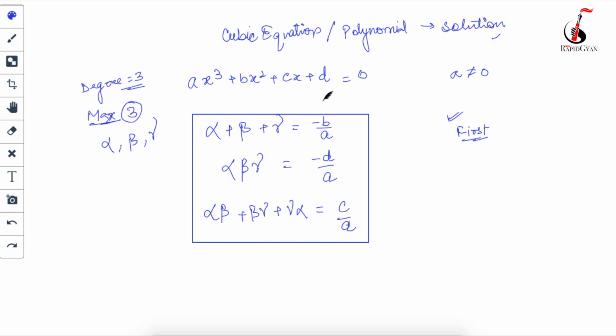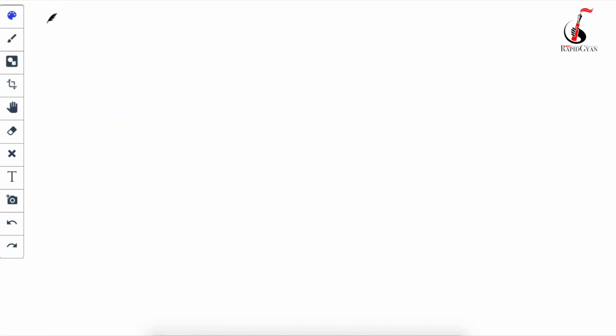But first we are going to solve this, because that solution is lengthy, and I am going to tell you this because sometimes competitive exams ask you to find the roots, the solution of a cubic equation. At that time you don't have that much time to go for the hit and trial method. So I'm going to tell you another method which is comparatively much easier and faster. For a few questions it's a very fast technique. You can get the answer in 10 or 15 seconds. Let's go with the examples so you will learn.